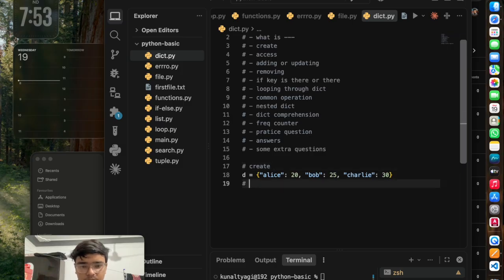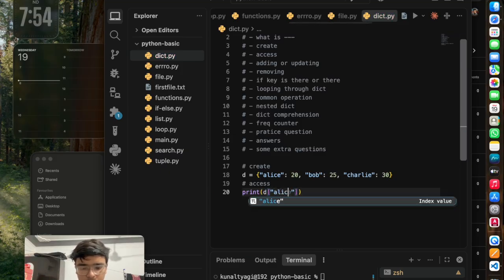Now the next thing we have to talk about is access. I just told you, if we print D, then give it a key. Here we have this thing as a key.